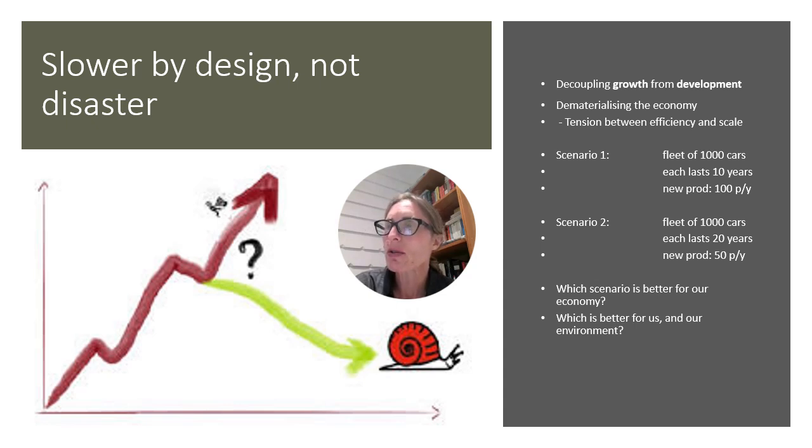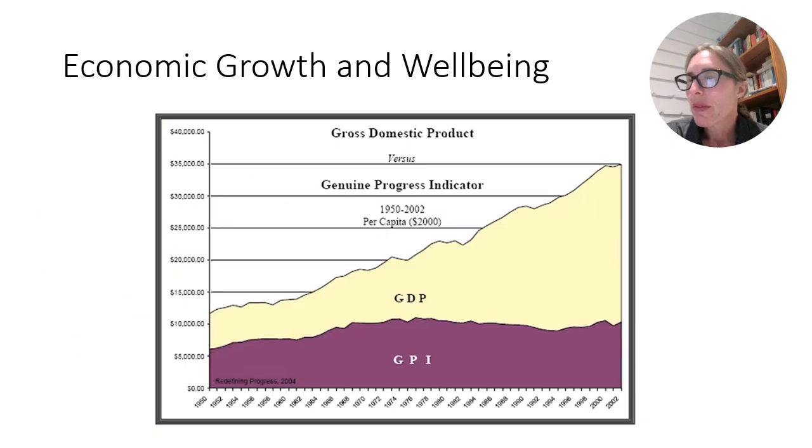Daly also provides further support to Michael Jacobs' concern with GDP and instead develops a genuine progress indicator rather than a gross domestic product indicator. The genuine progress indicator is one that subtracts from GDP the measures of economic activity that are detrimental to the environment and to economic welfare. This is an index developed by Herman Daly and John Cobb as an alternative to GDP, where the genuine progress indicator